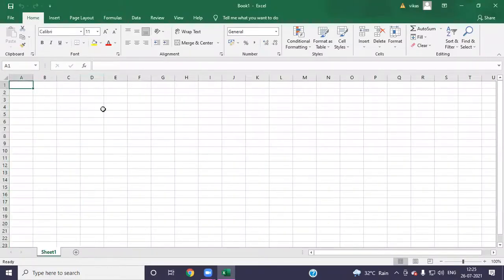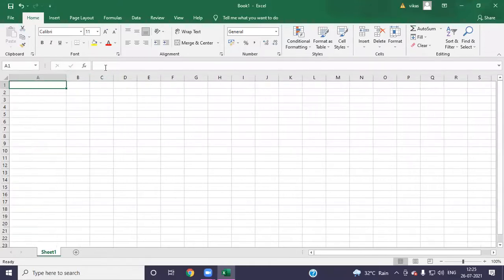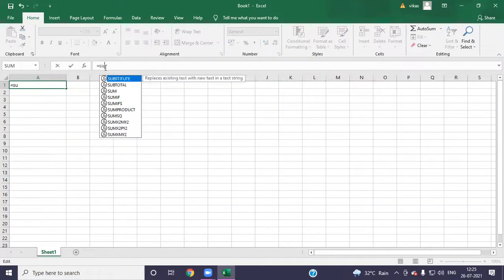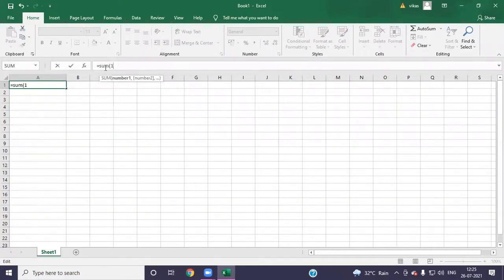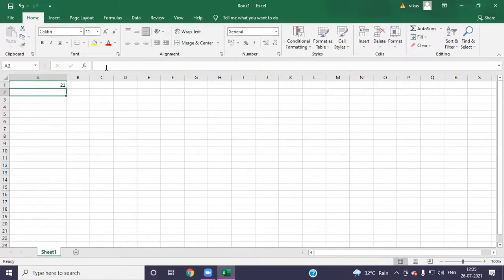Now look here. I have entered some values here. First of all, I will show here that I want to get the sum of 10 plus 11. So I have to write sum 10, 11. And as I press the Enter key, look here, we are getting the sum. Once again, I will tell you how we will write the formula.